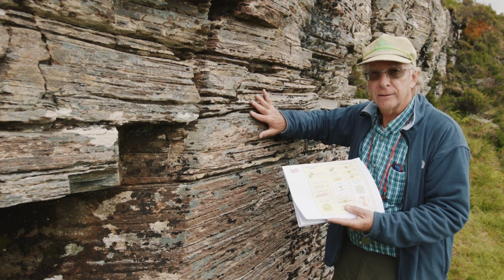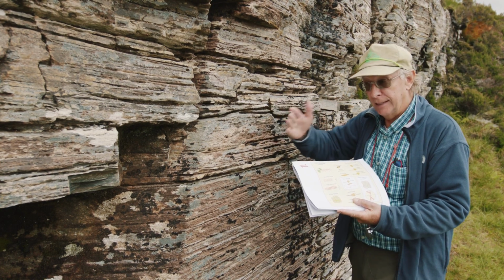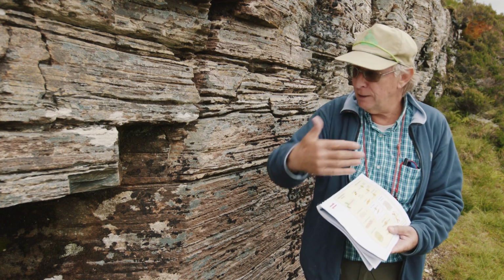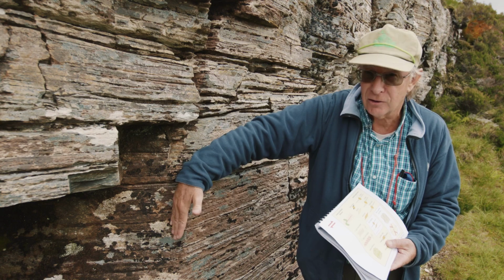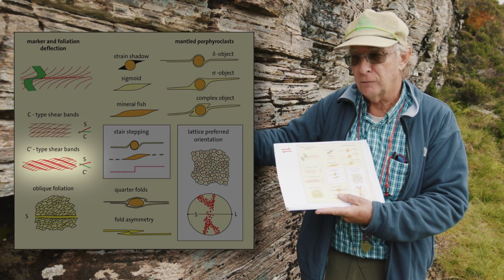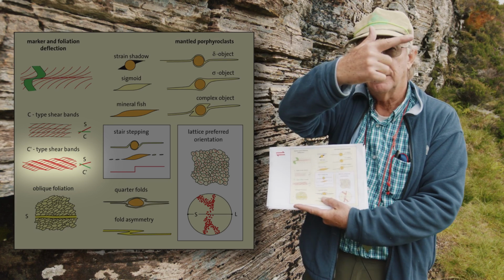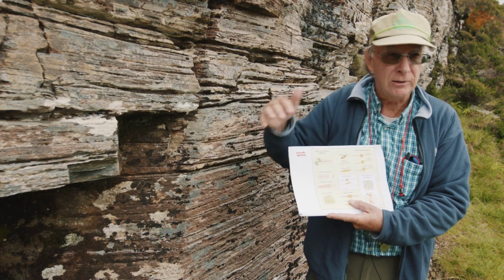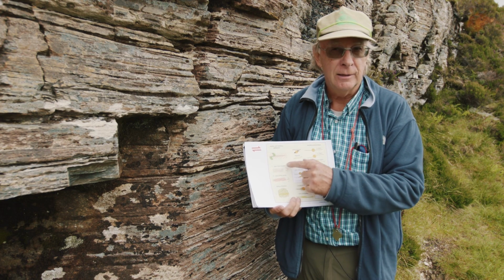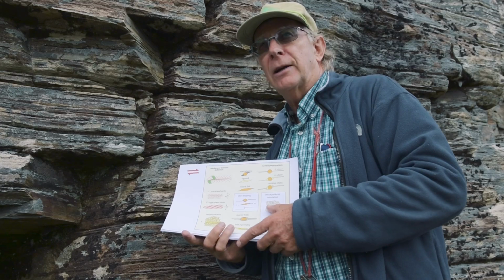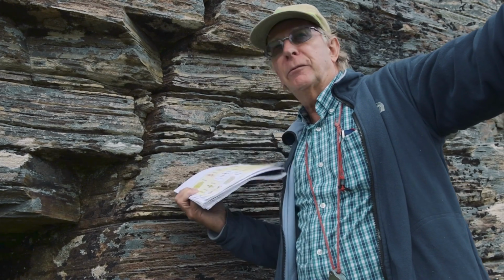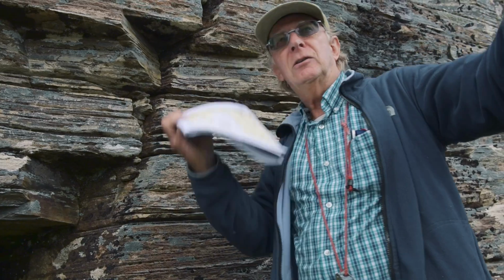It's no good looking at this face here because it's at right angles to the direction of transport. So we need to find an outcrop that is going in this direction to find a fabric like this that will give us the sense of shear from east to west. And everywhere along the Moine thrust zone, the shear fabrics, the C and the S fabrics, tell us that the transport direction of the Moine schist and the Moine mylonites was from the hinterland in the east towards the west